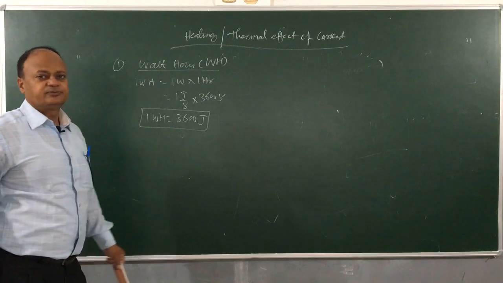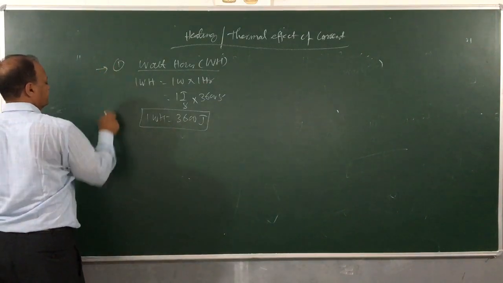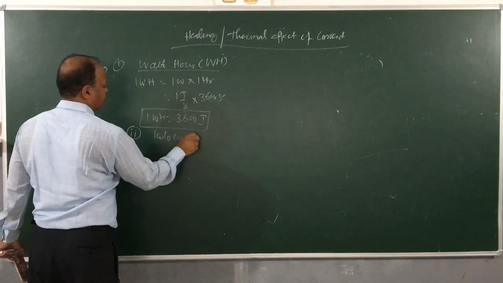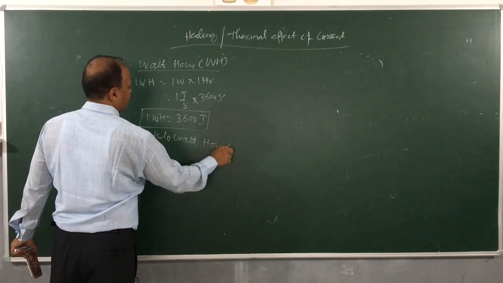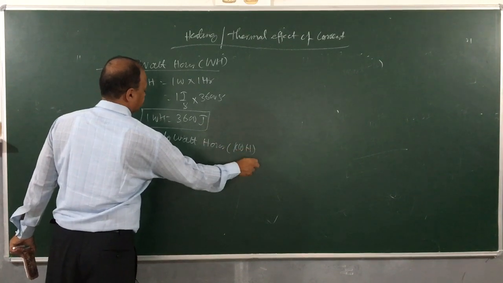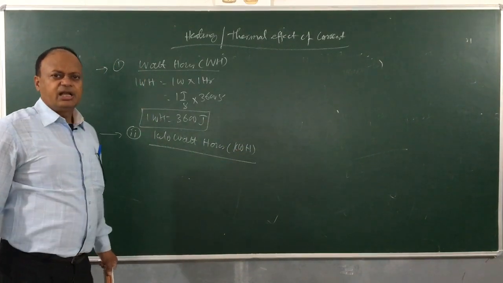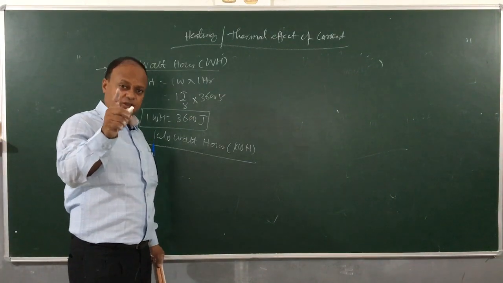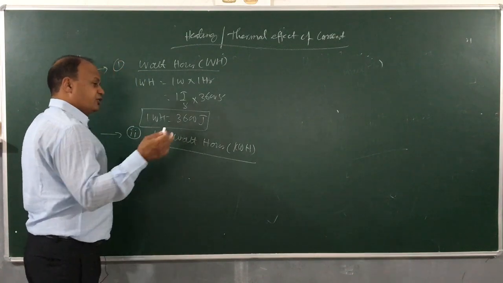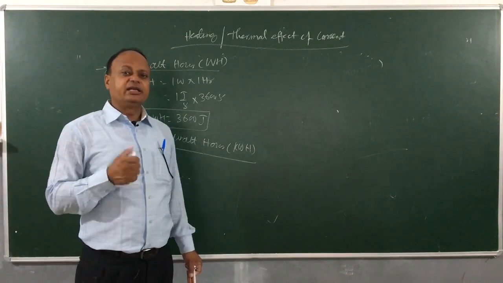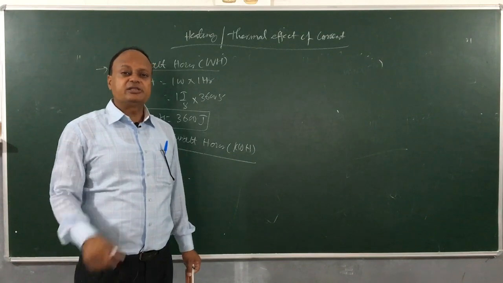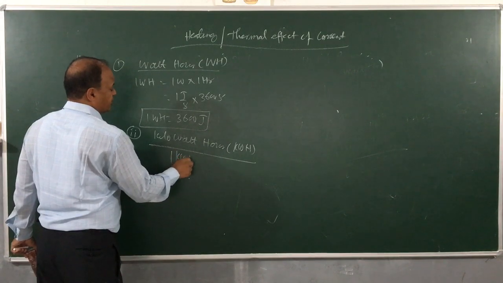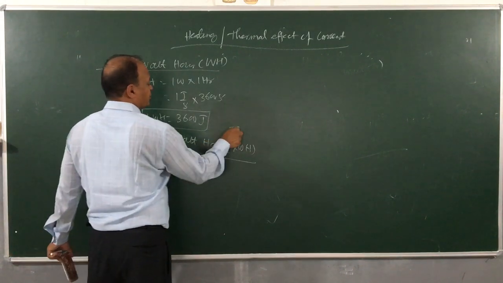Now the next unit is kilowatt hour. We write this as kWh. Clear? Now this is commercial unit of electricity, which is called unit. 1 kilowatt hour is 1 unit. Okay? Like you are using electricity connection in a house, and at the end of the month you get 250 units. That means 250 kilowatt hour. So children, 1 kilowatt hour, this is a commercial unit of electricity.